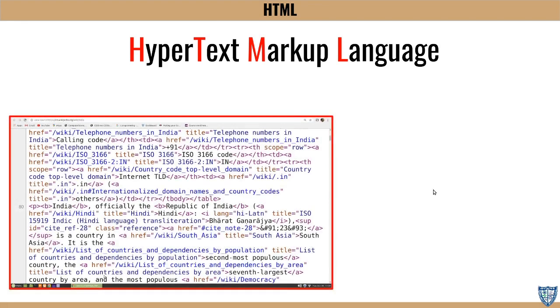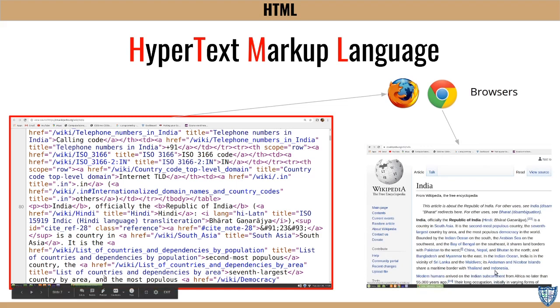So suppose this is your HTML code. We will be writing an HTML code, and when you open that using any of the browsers like Firefox or Google Chrome, they are known as browsers, you will get this one.